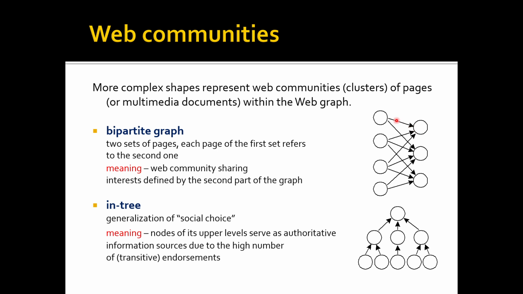So, for example, if we have a community of programmers and their interests are programming, databases, and graphical design, we can observe that many of the users talk about the same topics. So that's why they form a bipartite graph. Of course, this is just one way. There are no links from the second set to the first set because it's basically a different type of node. So they cannot just